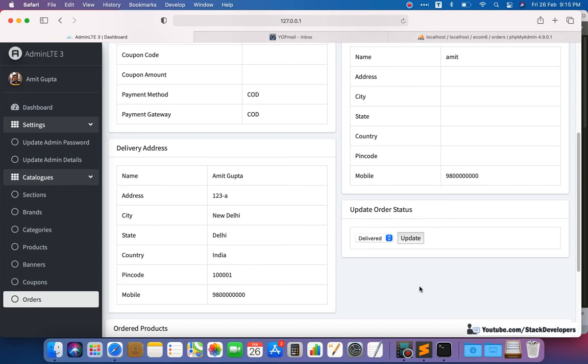We will pass these two things so that we can complete this orders module, and after that we will work on the order invoice. That is also required, because whenever you are selling some product, some electronic product, any kind of product, you are required to post the invoice as well.